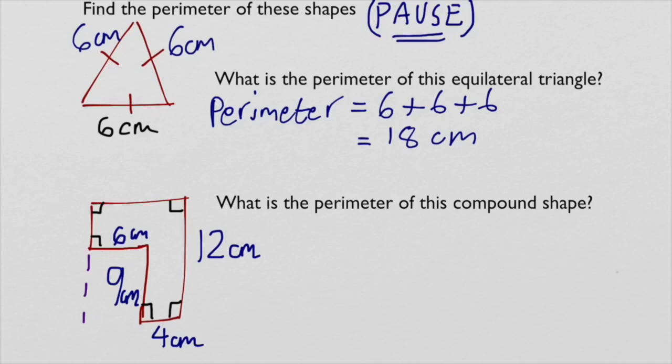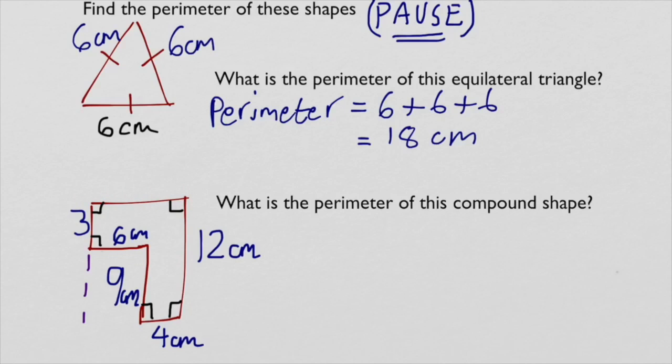So this line here has to be the same as this length here. So if this is 9 centimeters from there to there, then the rest of it has to be 3 centimeters. So write a 3 over there. And then up top, what's that length? If that is 4 and that is 6, then this length here has to be those two lengths added together,